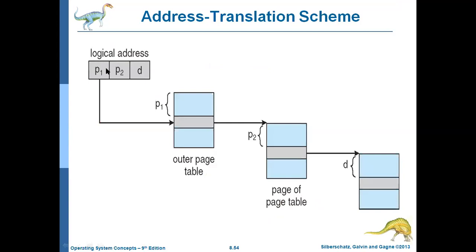You can see here the logical address is now divided as P1, P2, and D. P1 indexes your outer page table. Immediately this will point towards one more page of the page table, and that will point to the